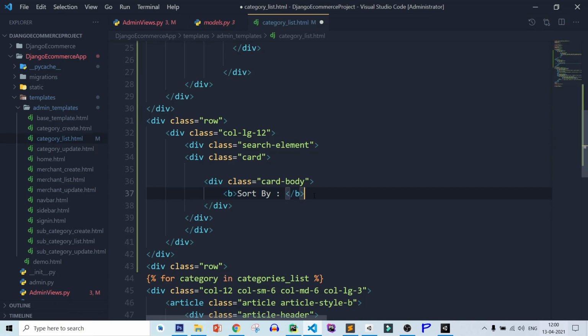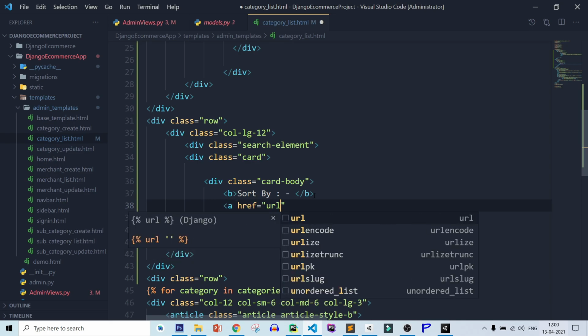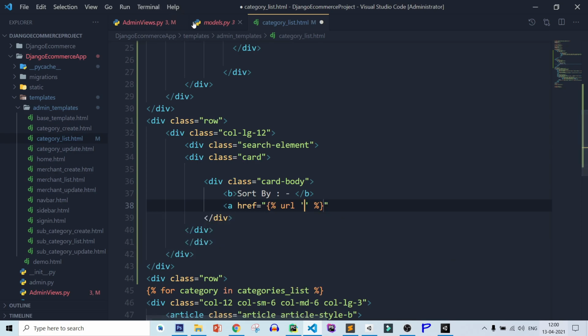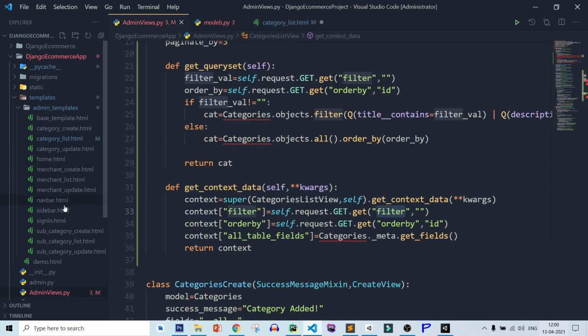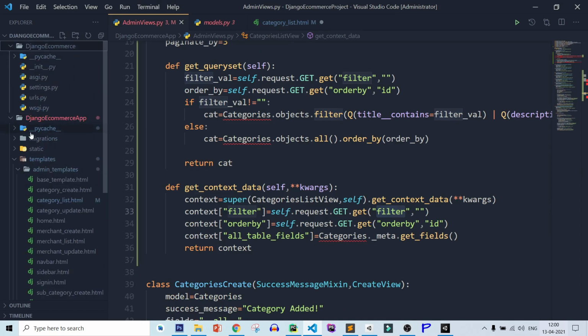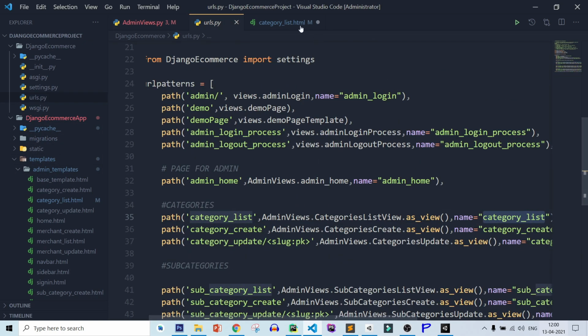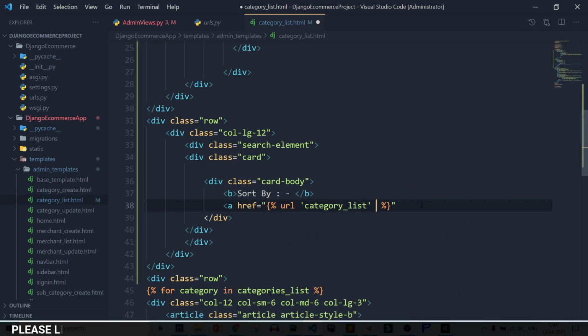And let's add the link. So first link is ID. So let's add ID, href equal to pass the URL, and let's copy the URL name of category list. So let's see URL name of category list. Category list, copy URL name, paste it, and here after that question mark.